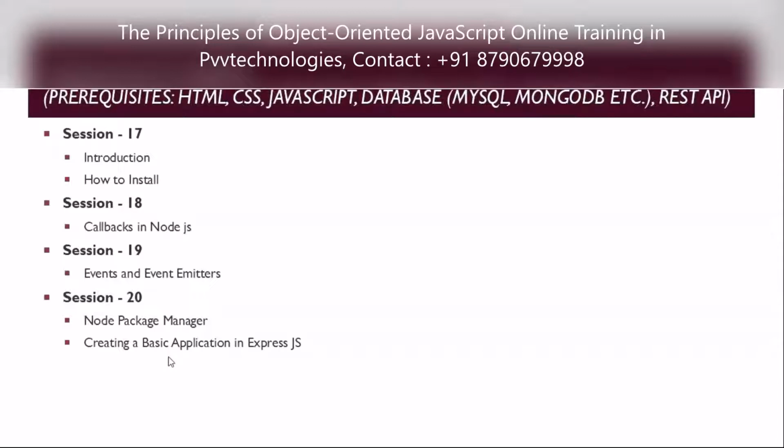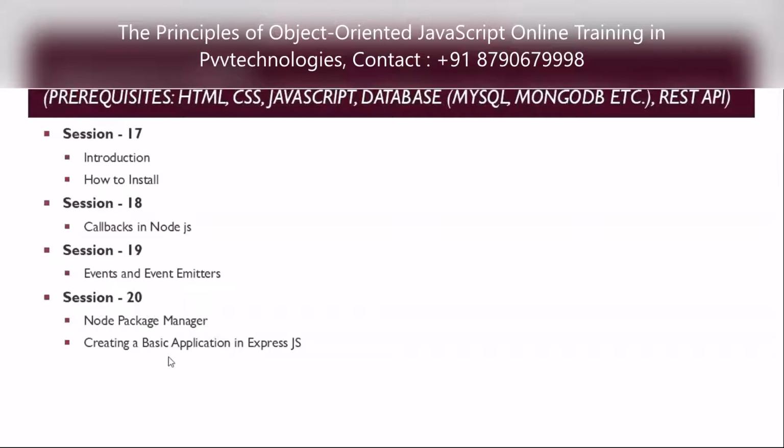It gives you the runtime environment where you can inject Node into our project. That will be really handy to deal with events and to execute callback scripts with the help of Node. We will understand how to install Node and how to make our environment ready to use Node in our web application.